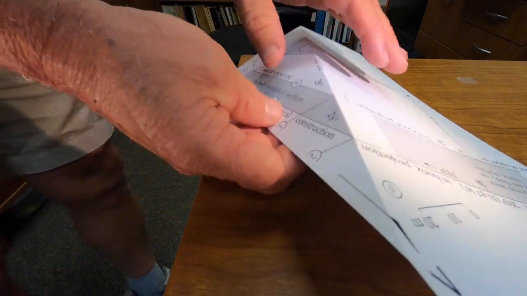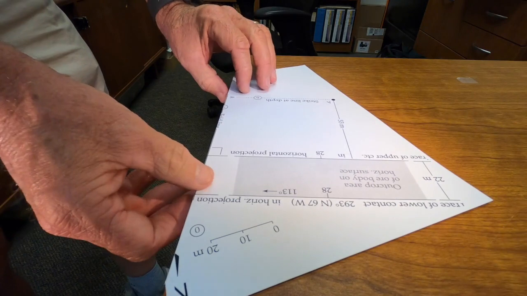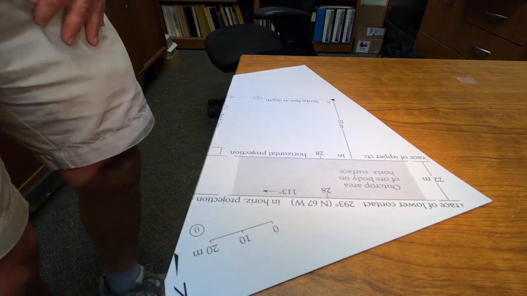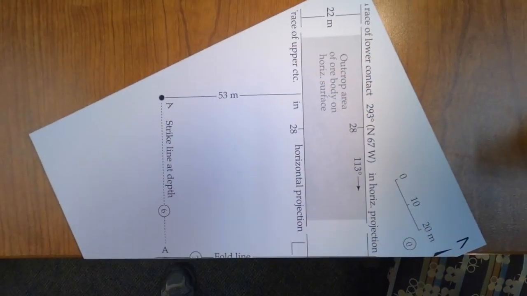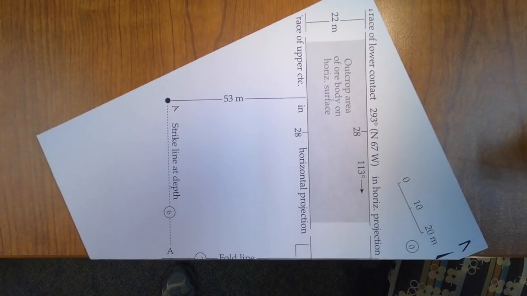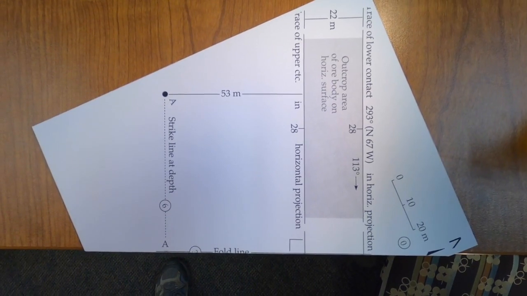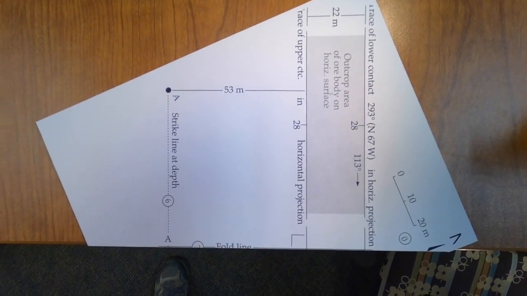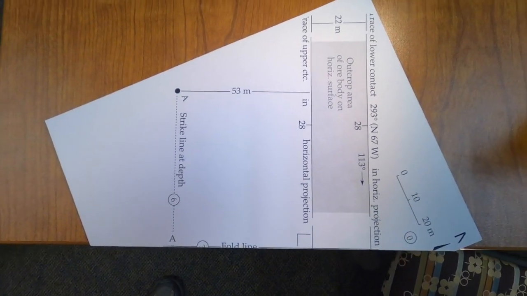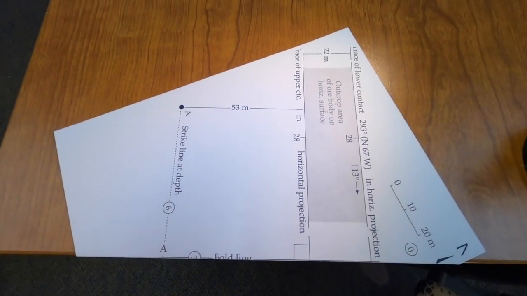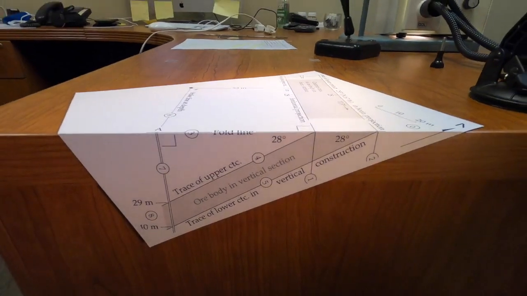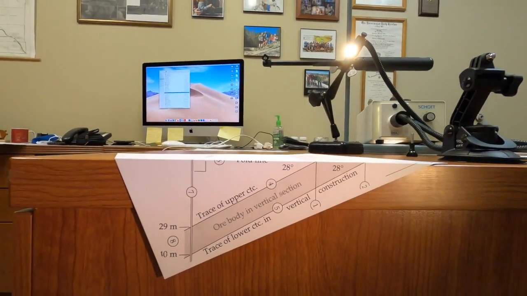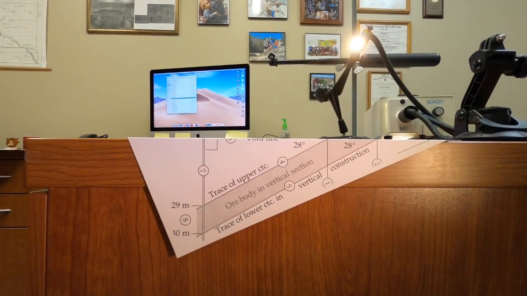So all I'm going to do is fold this along that line, place it on the edge of the desk, and then I'll show you the other perspectives. So there's the top view, map view, right? That's the surface of the Earth. It shows the tabular ore body, upper and lower contact. You'll recognize that as, you know, basically the construction we just made. But what I want to show you is what the cross-section looks like. This then is the other projection that we had in our